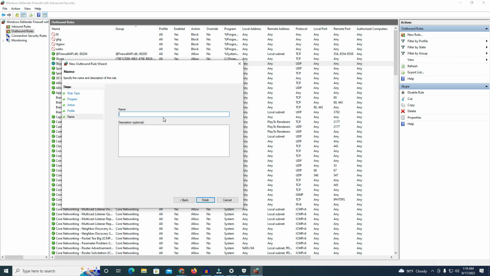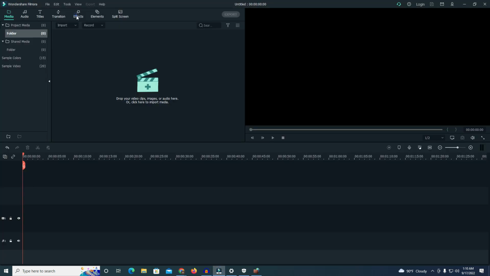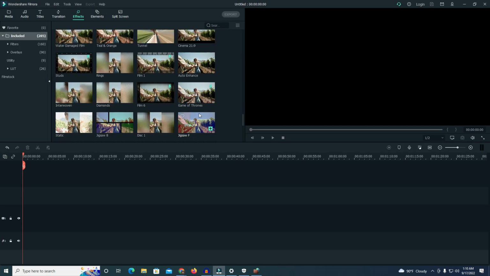So name it Filmora effect library. The description is finished. Okay, this is finished. If you want to download some effect,